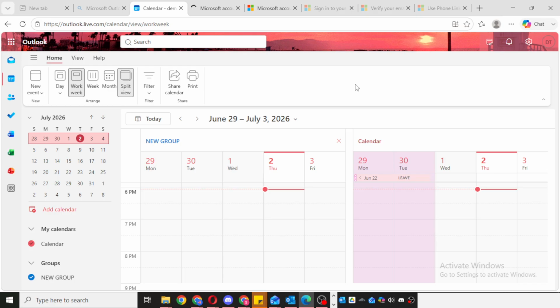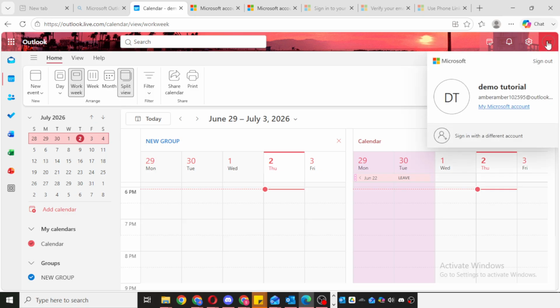To begin, open Outlook.com and sign into your account if you haven't already. Make sure you're fully logged in before moving to the next step, since the settings we need are inside your account profile. Once you're on the main Outlook page, look for your profile icon. This is usually located in the upper area of the screen. Click on your profile to open the account menu. From there, select the option for your Microsoft account. This will take you away from the inbox and into the broader account settings connected to Outlook.com.